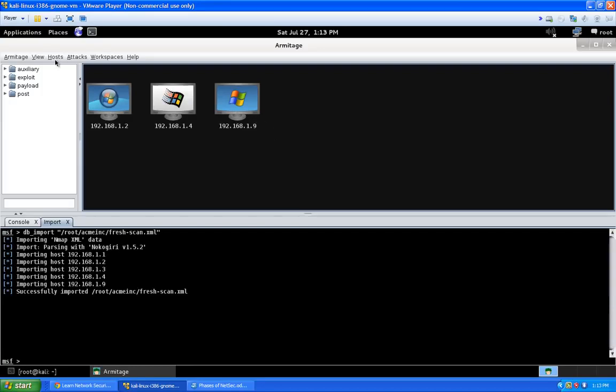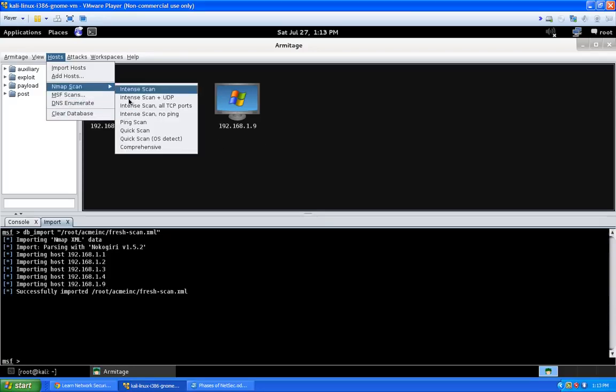And there's another scan in Armitage called msfscan. Now, this is part of the auxiliary part of the scanners, which we will explore a little bit in msfconsole. So you go to hosts here and then msfscans. It's going to do a more detailed host-based analysis of what the machine actually is. Now you could also go to nmap scan and quick scan OS detect, but that may or may not work